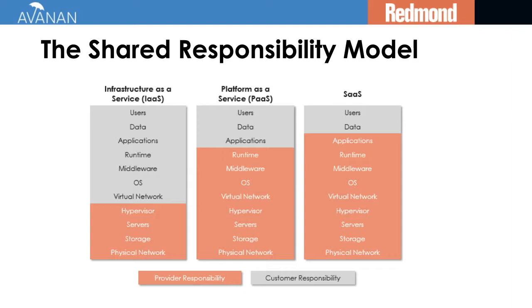Now today what we're really talking about is SaaS, and that's the one on the right there. So if you're getting a SaaS service like Office 365 or Salesforce or Slack chat, the provider takes on more of the responsibility. But even then, they're not taking 100%. They're responsible for everything up to their apps, but the shared responsibility model makes it clear that you're still responsible for your data and you're still responsible for your own users.